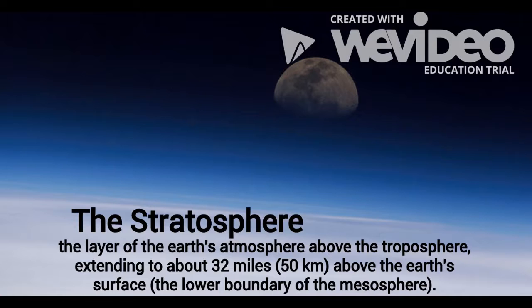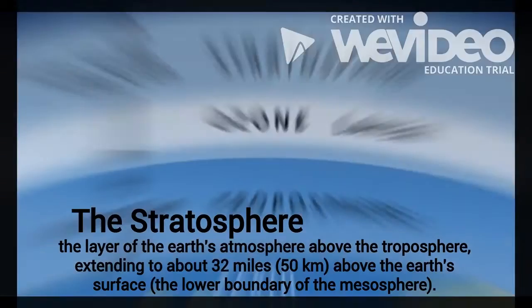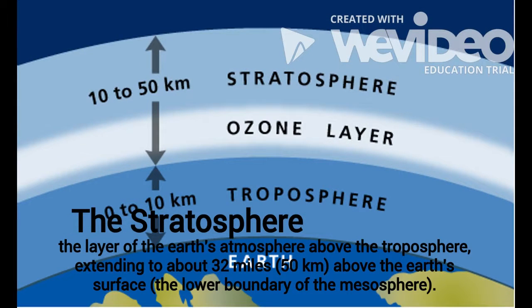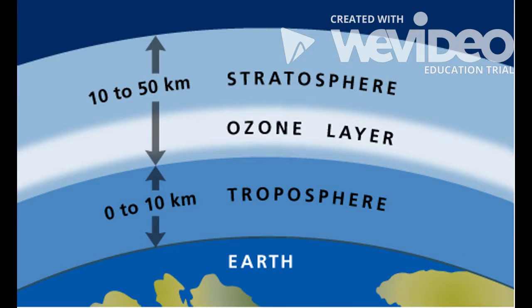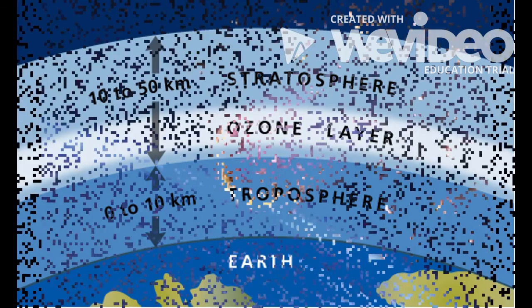From the point the Troposphere ends, it begins and ends about 31 miles, or 50 kilometers, from the ground. Ozone, which is 3 oxygen atoms formed into one compound, is very abundant, heating up the atmosphere while also absorbing harmful UV rays from the sun. The air here is usually extremely dry, and, compared to sea level, it's 1,000 times thinner here. Due to such, it's where the jet aircraft and weather balloons fly.